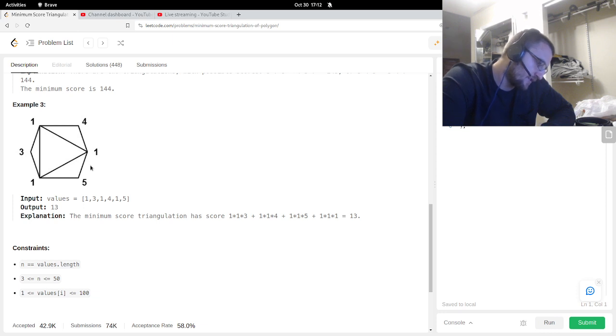If you draw one line across somewhere, you either remove 1, so from any particular vertex, drawing a line across, you could split into one triangle and a 5-sided or n minus 1-sided polygon,